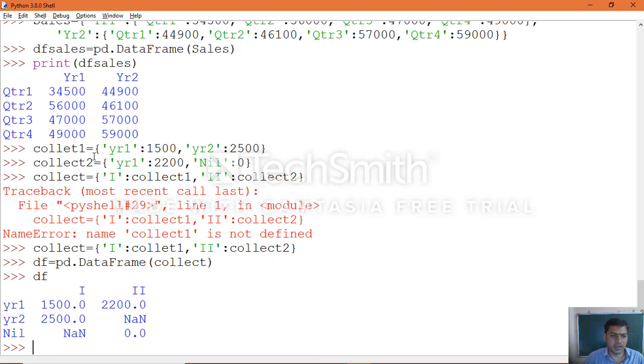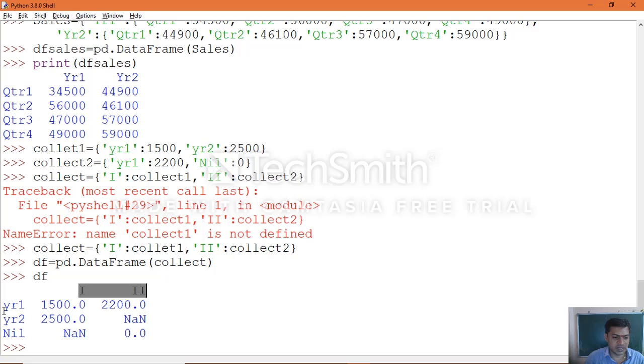In our example, the collect1 dictionary has 2 years and the sales amounts, and collect2 has only year1. Year2 doesn't have data, which was represented as nil, and the outcome is 0.